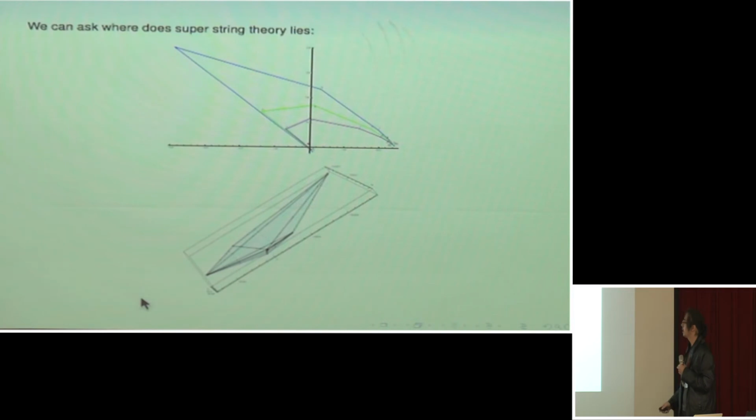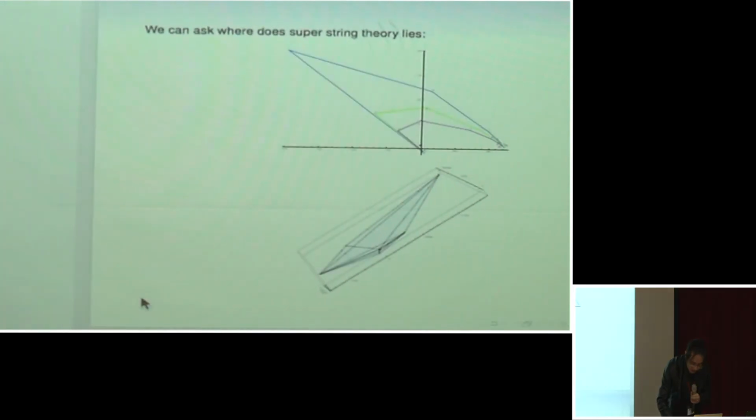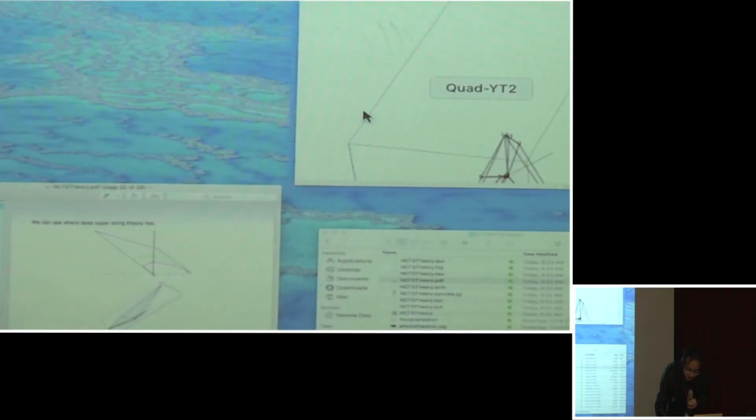You can ask where the string theory lies in this polytope. This red point here is basically the type 2 closed superstring. Here you cannot even see it because it's basically living at one of the vertices. Because this is a higher dimension polytope, let me just show you